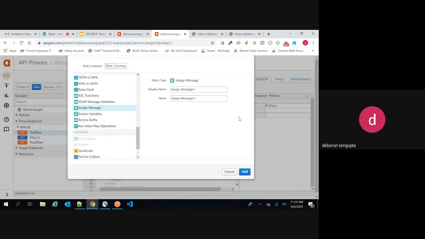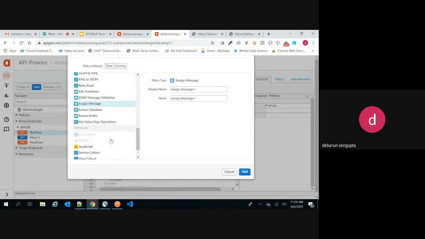Now say this endpoint that we were calling right now was not showing any response. Basically, it was like a blank page. But now we want to show the user, whenever I am calling a service, a particular JSON, where the status code is 200 and the response message is, say, successfully connected. For that kind of showing any message to the user, we use this assign message property.